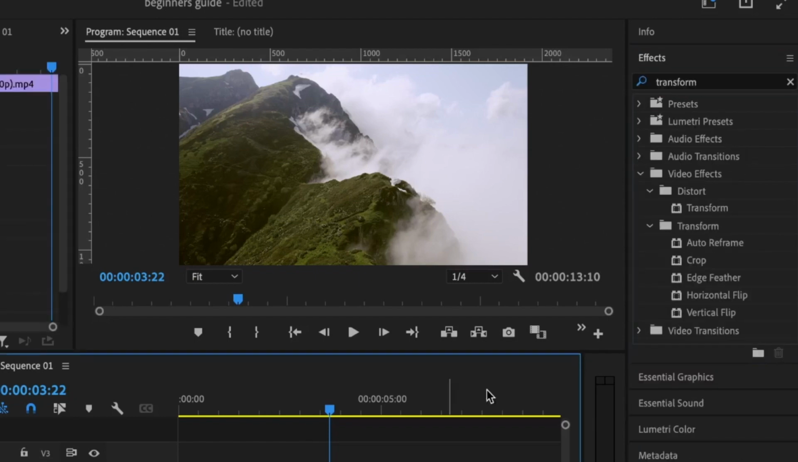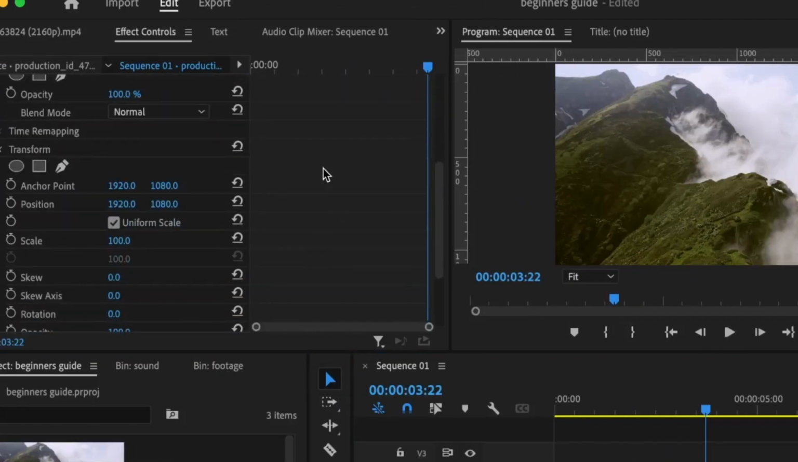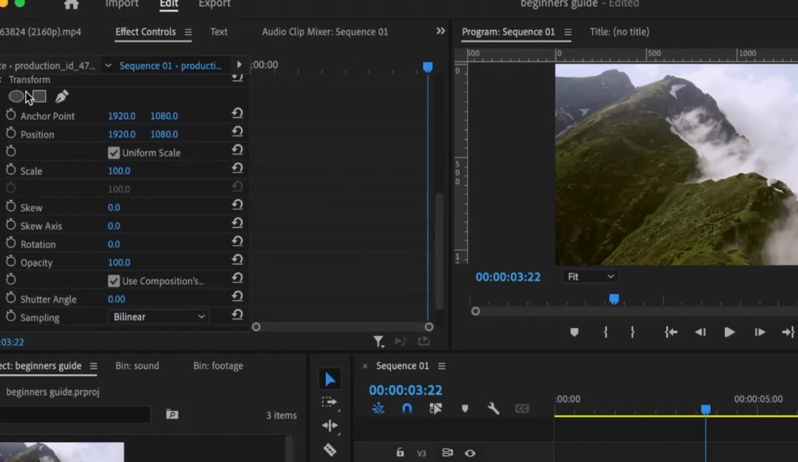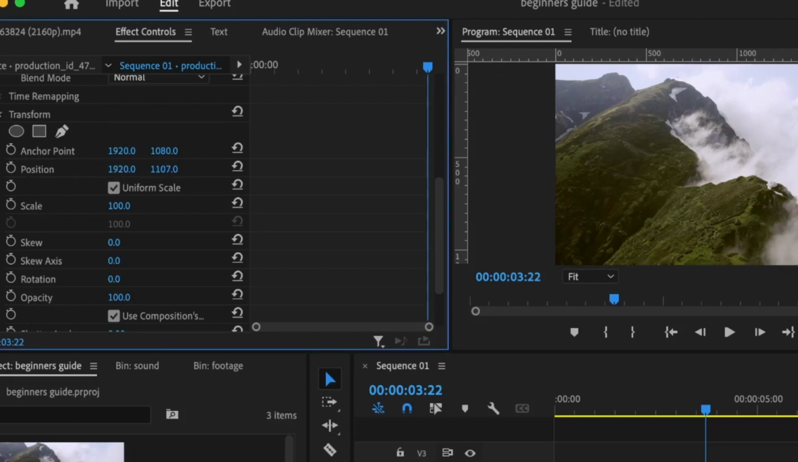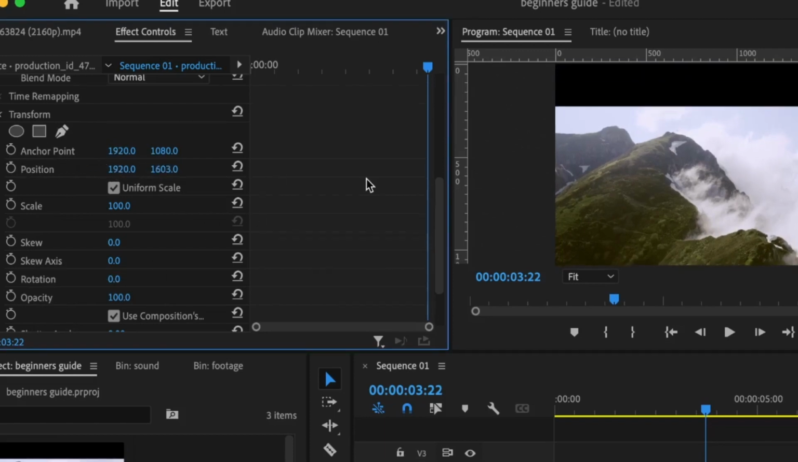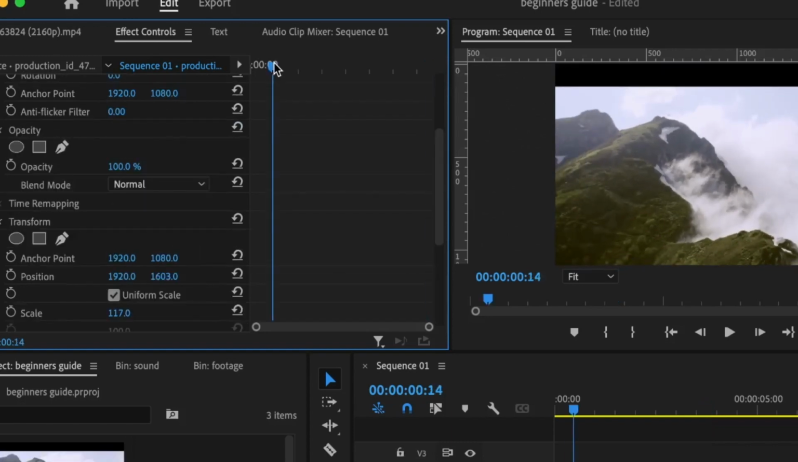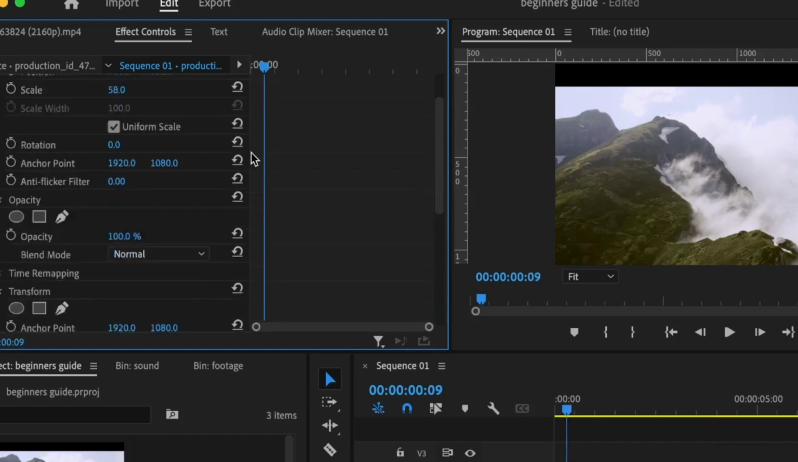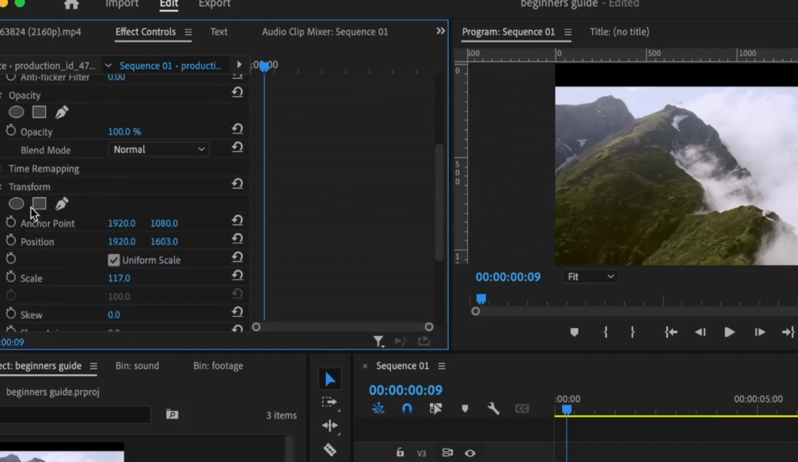So I'm going to select this clip again, double click to add the transform effect. Now under the effect controls, you're going to find the transform effect. And with the transform effect, you're going to find stuff like the position, the scale, and a lot more: rotation, opacity. So with the position, I can position this downward, and with the scale, I can increase or decrease it. The difference between this transform effect and this motion effect up here is that I can set some keyframes here,